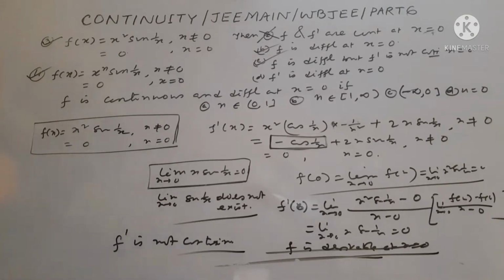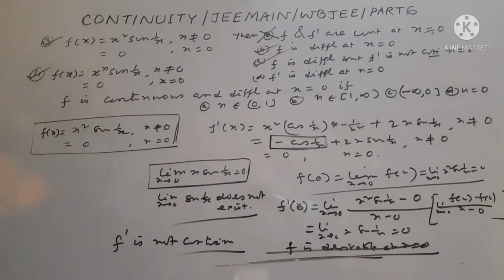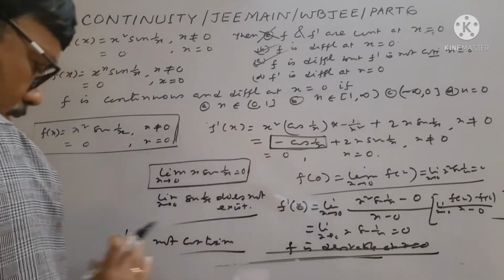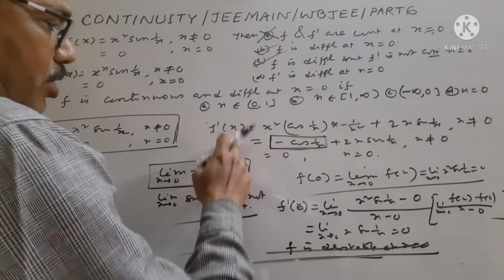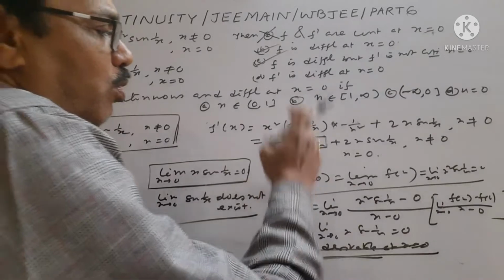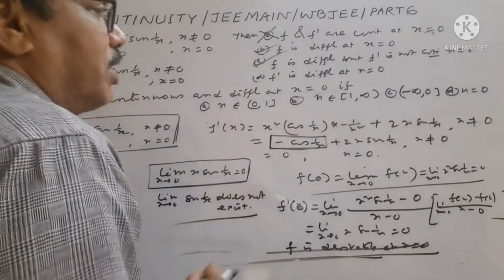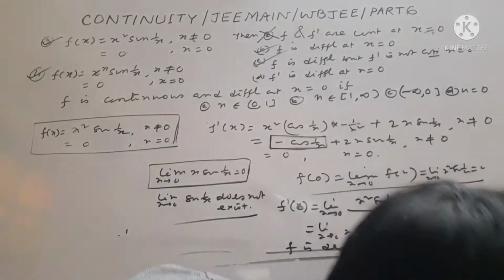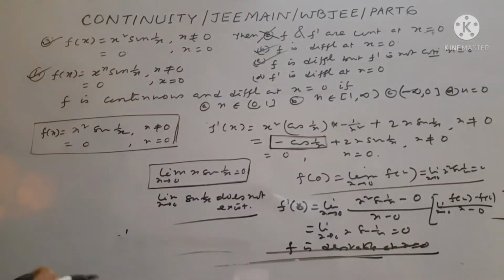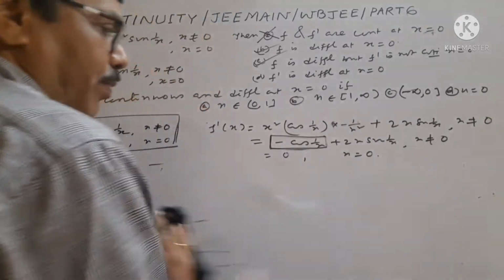If we find the differentiability of f', we need this one. So look, f'(x): limit x tends to 0 of cos(1/x) does not exist. So f' is not continuous. We have already discussed this. And regarding the differentiability of f', if you divide it by x,